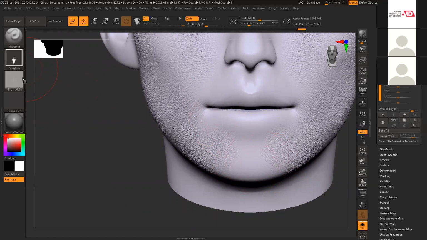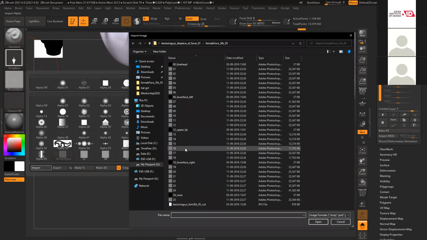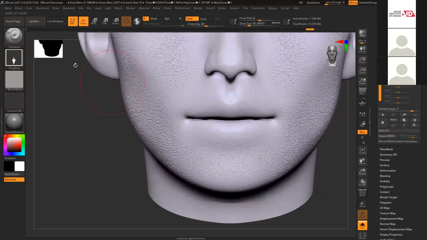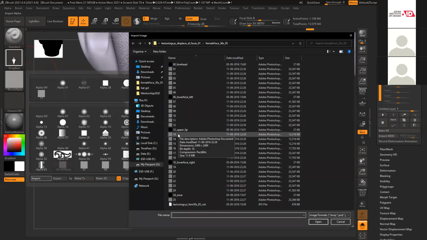Switch off symmetry. Center is always asymmetric. Number 17. Number 13.